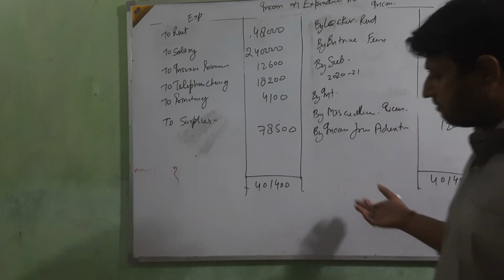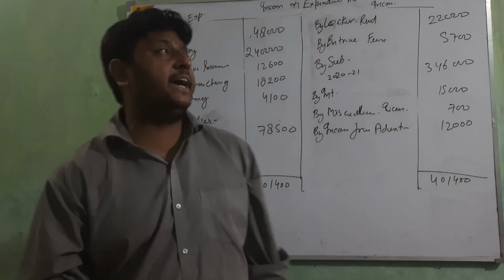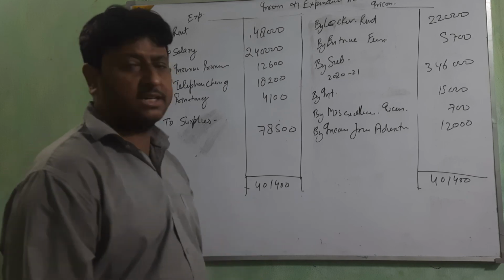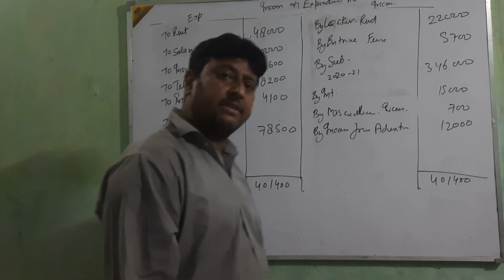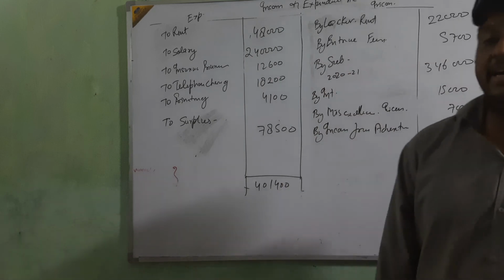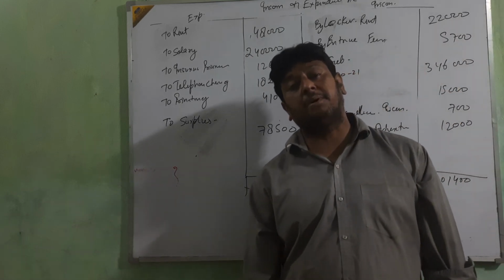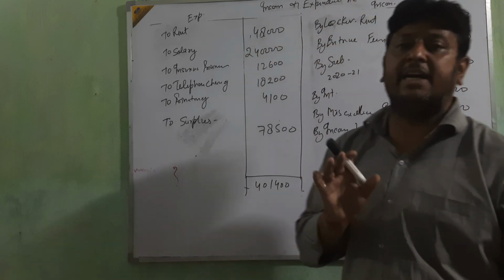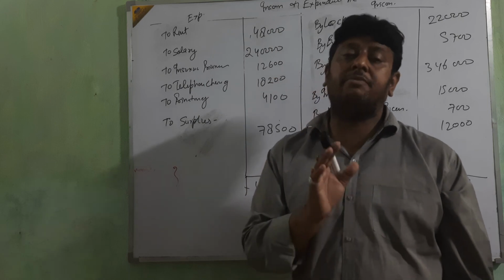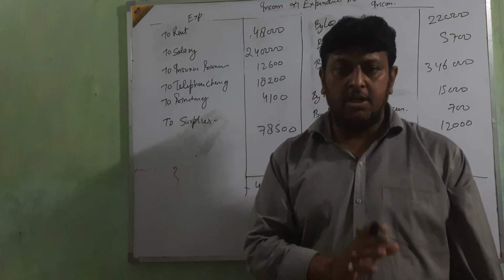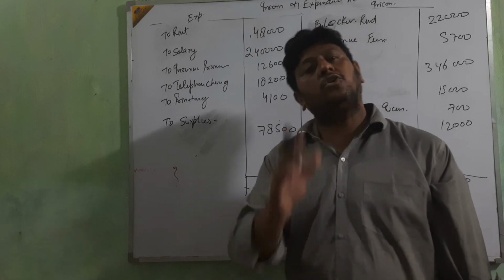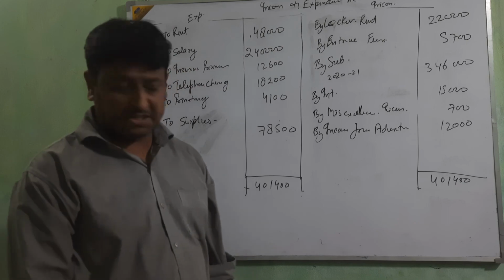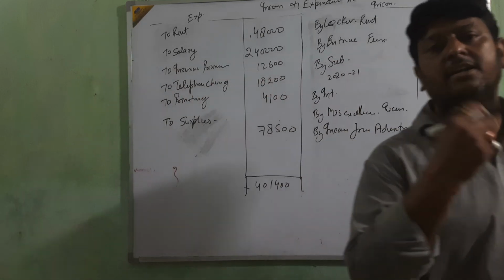On the basis of this, we are going to make our income and expenditure account. I think it is clear how to make the receipts and payment account, and then how to make the income and expenditure account using the receipts and payment account. Here we are only studying how to make the income and expenditure account. It's not full accounting of a not-for-profit organization. It's only one single account. When we solve a question, there are three things we are going to make. One, income and expenditure account. Second, opening balance sheet. And third, closing balance sheet.